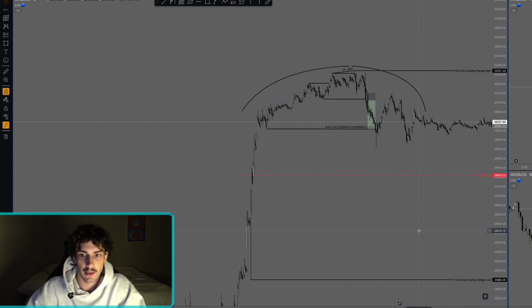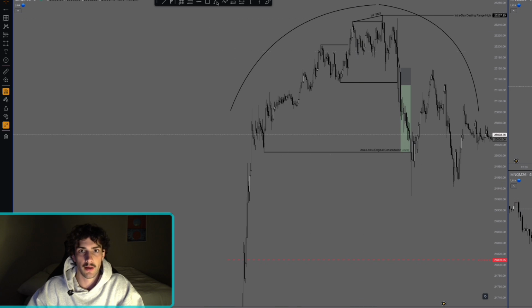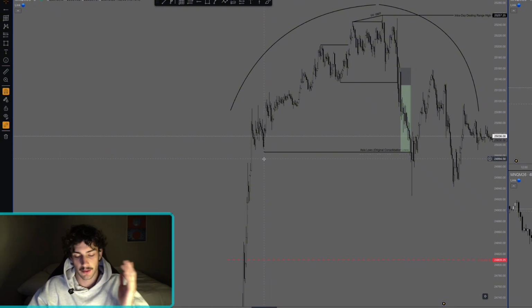But yeah, with this understanding, I know that once we flip sides of the curve, which we had in, say, this portion here, this is our target, regardless. The original consolidation highs or lows are always going to get traded to. Genuinely, I'm not going to explain why. It's just how it works. The market moves in this